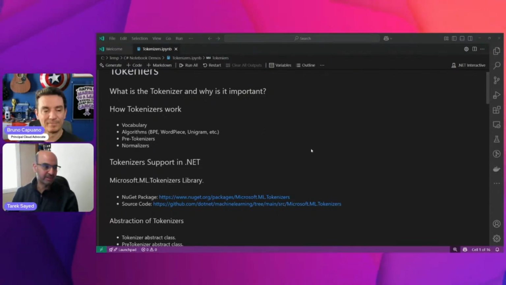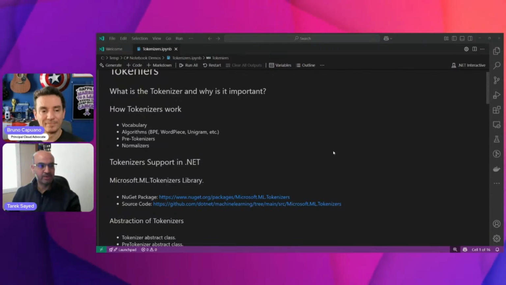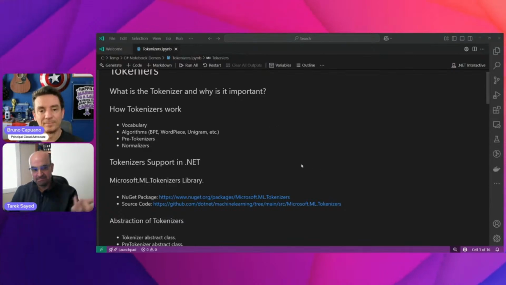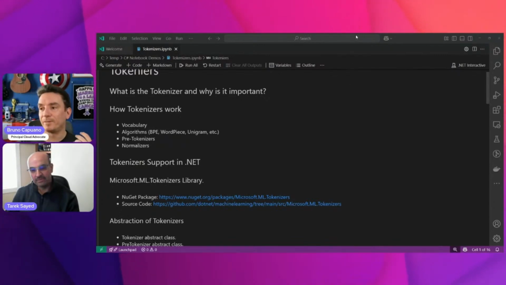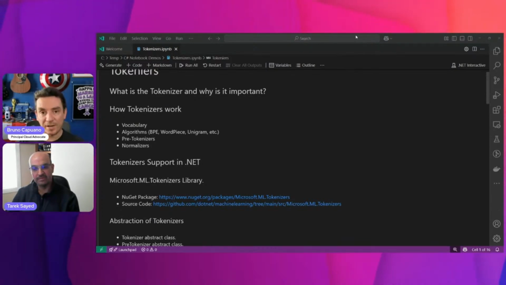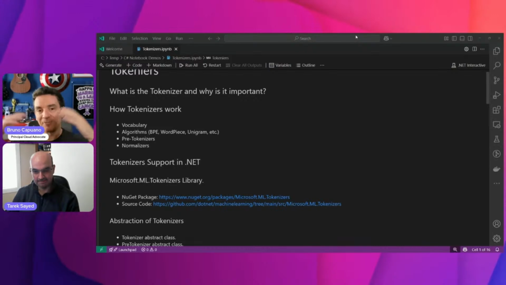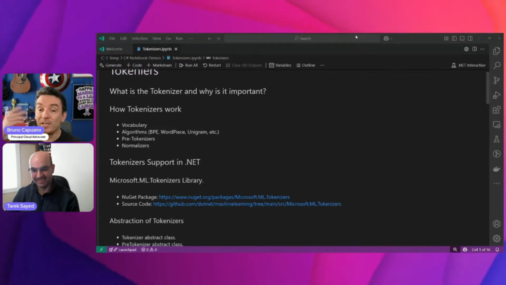If you have any issue or any suggestion to support a new feature, you can log it in here. Our repo is called machine learning repo under .NET, and you can access it at any time and play with it. I'm mentioning this because from time to time we have people asking how they can learn to do this type of scenario, machine learning, or in this case transformers and tokenizers, more in C#.